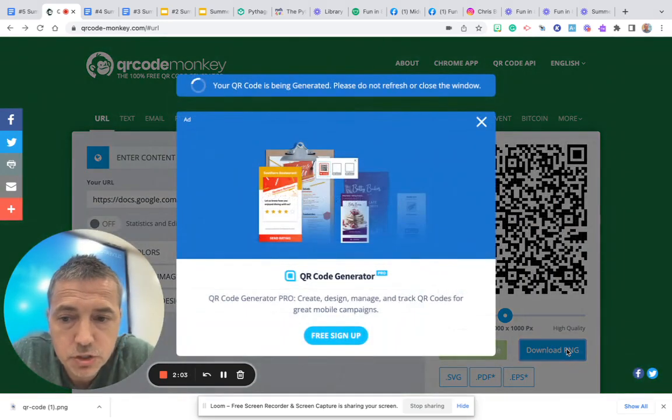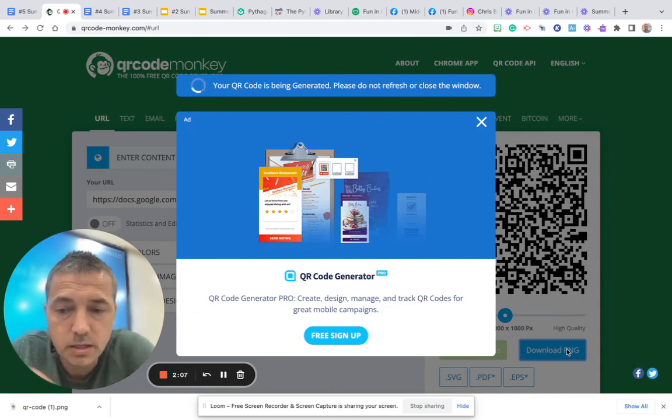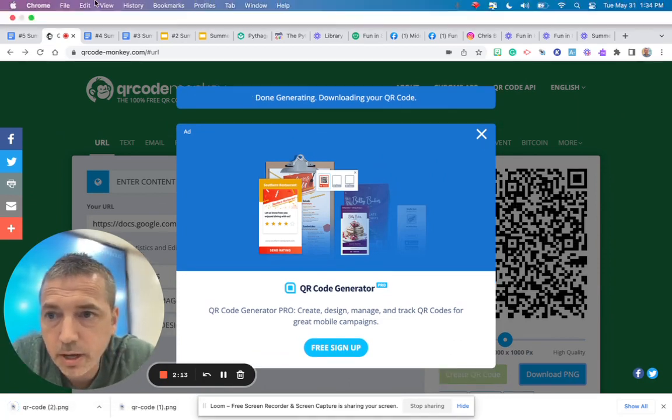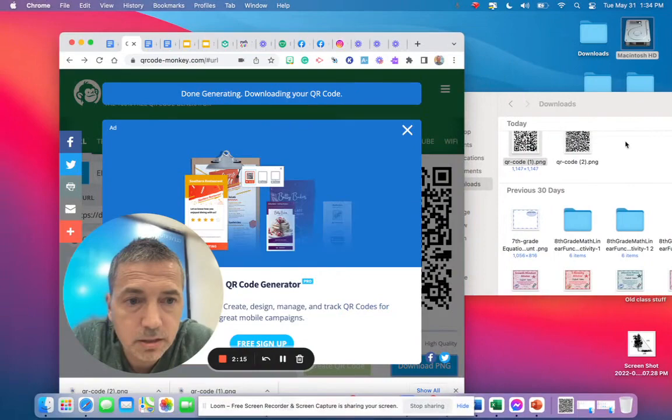I'm going to download the PNG. So when the students click on this one or scan this one, they're going to be taken to that triangle with the work and the answer. And I'm going to do the same thing where I add the link so that if I give it to them digitally,